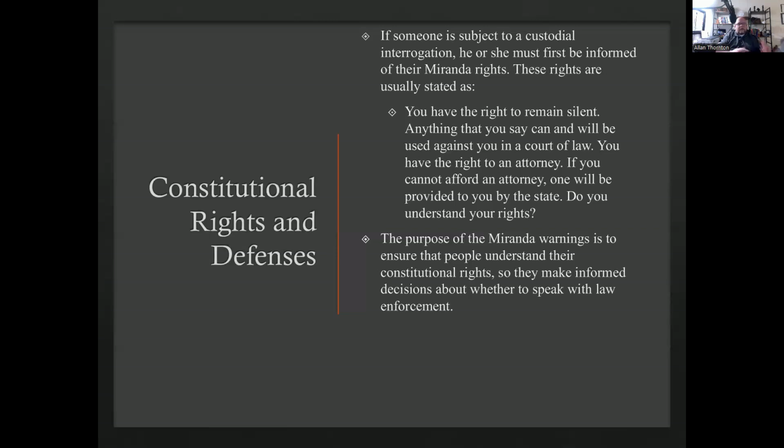Miranda came about, Miranda v. Arizona. A gentleman's last name was Miranda, was arrested, was not made fully aware of his rights. There was some confession and some other things that happened. And once it made it to the Supreme Court, they looked at it, they realized that this person did not have a full grasp of what the rights were. And so it was put into place that these Miranda rights will be read when someone is being asked to speak to law enforcement. You have rights that protect you from saying something that could cause you to be put in a light that is not quite where you want to be.